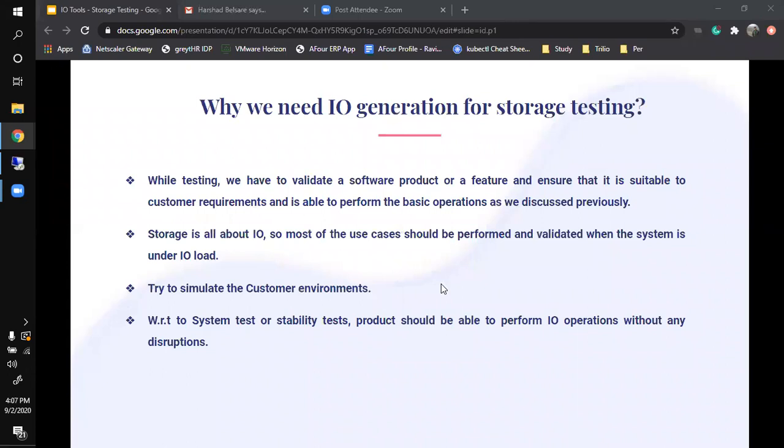Okay, why do we need IO generation for storage testing? If we take an example that we have to validate a particular storage software or product, we have to ensure that it works as per the customer requirement or whatever the initial requirements are. But it needs to be validated first for the basic operations, whatever we discussed earlier.